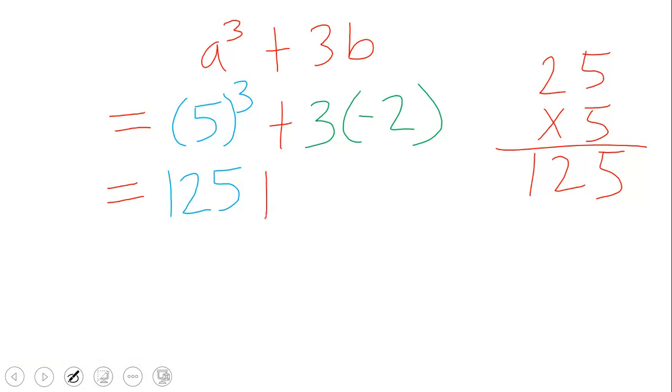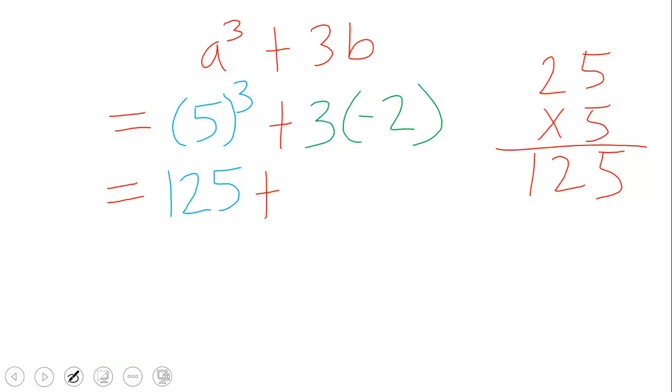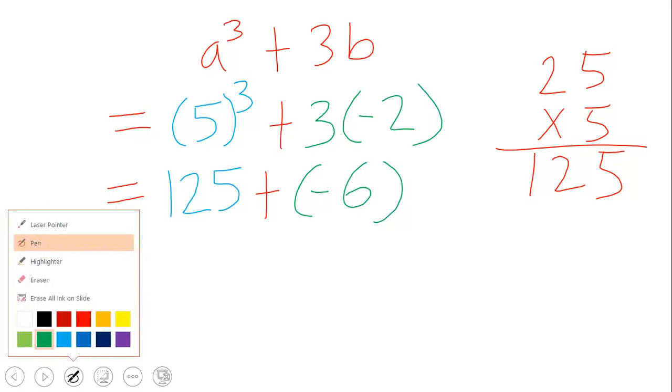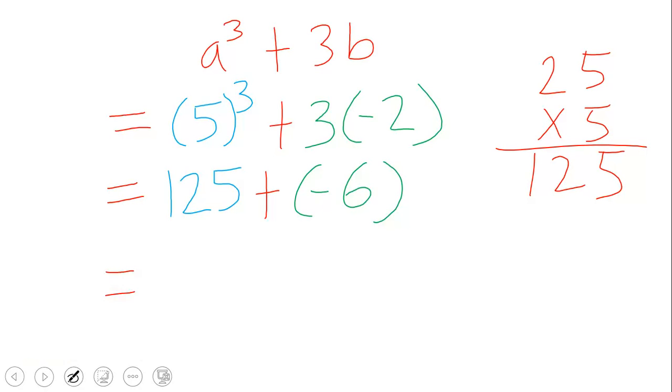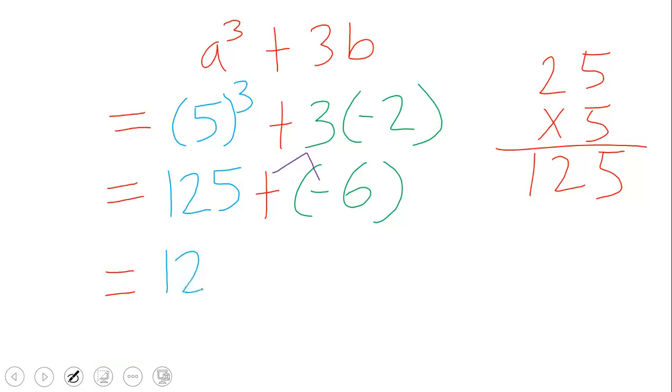Plus, what is 3 times -2? Indeed, 3 times -2 is -6. And note that a positive multiplied by a negative gives us a negative. So we have 125 minus 6. And what is 125 minus 6? Indeed, 125 minus 6 equals